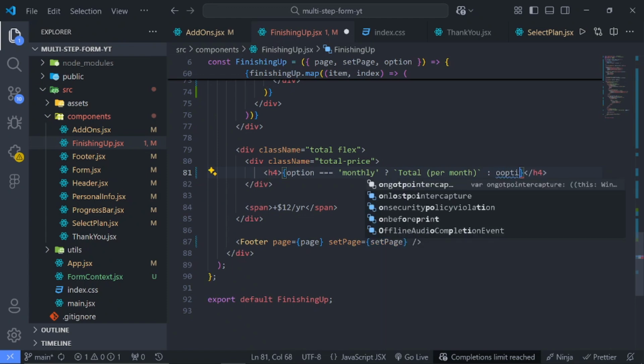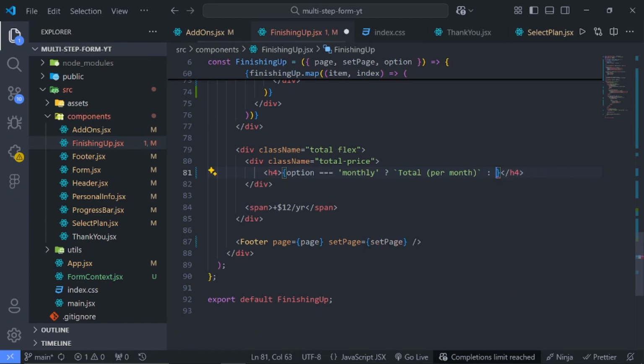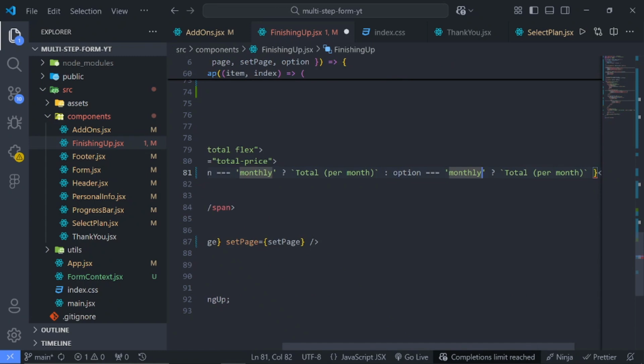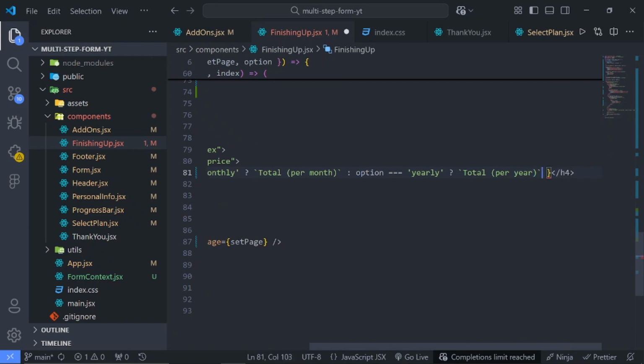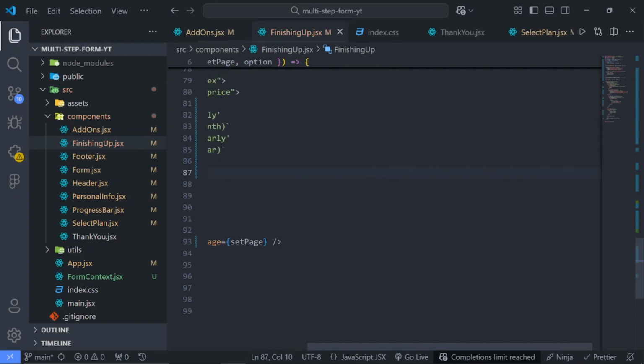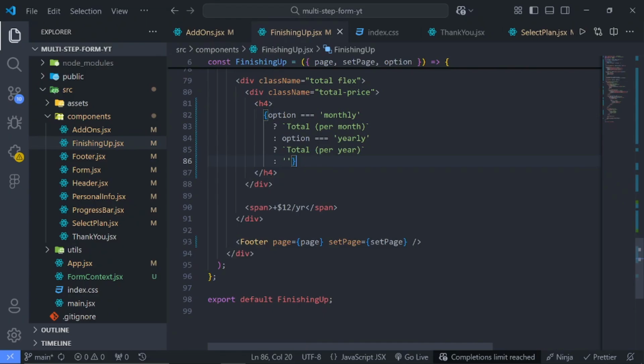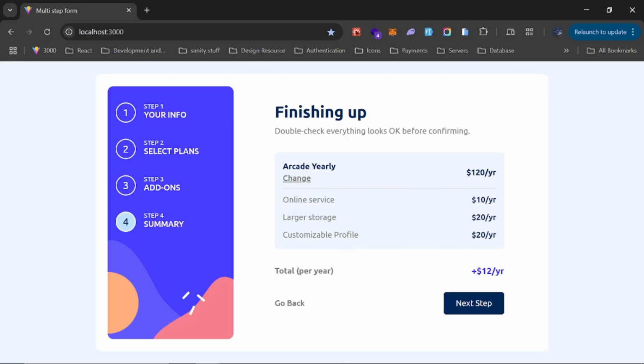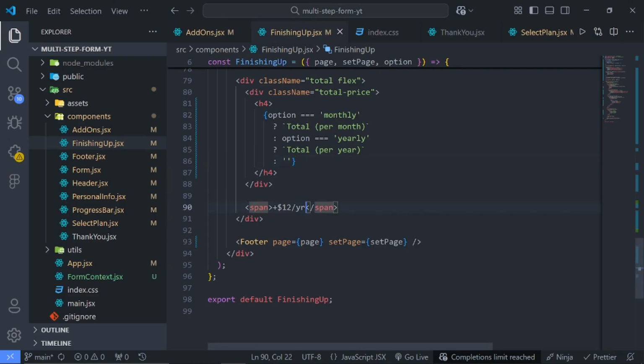Else, if the option, you might have already guessed, just copy this again and paste this. So if it's yearly, it should be per year, and we just want to return an empty string. So this is per year, does it change? Then for the total itself, we'll do the same thing right here like so,